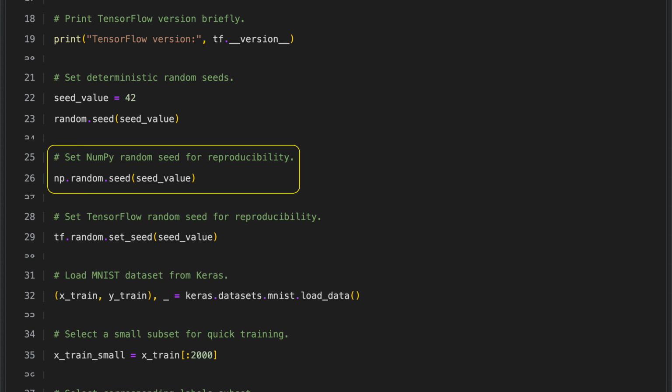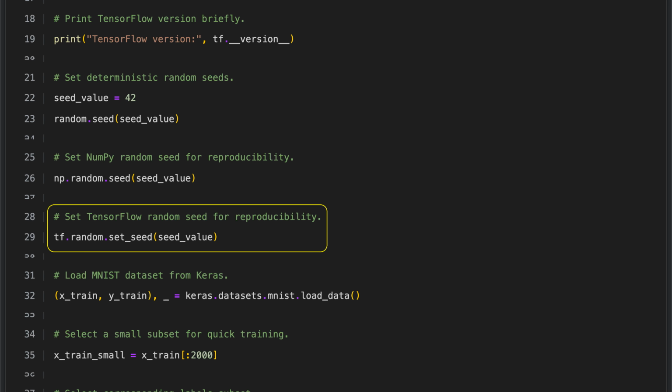changes, not random variation. We set the random seed in TensorFlow so that any operations involving randomness, such as initializing neural network weights, give the same results every time we run the code. This makes our experiments reproducible and ensures that we can reliably repeat them. It also helps us debug problems more effectively, because we know that the behavior will not change from one run